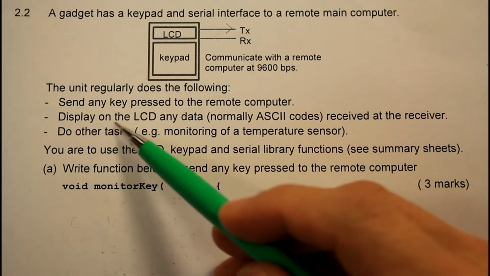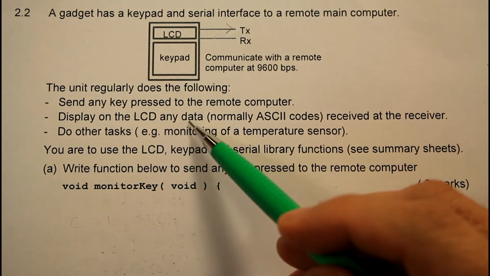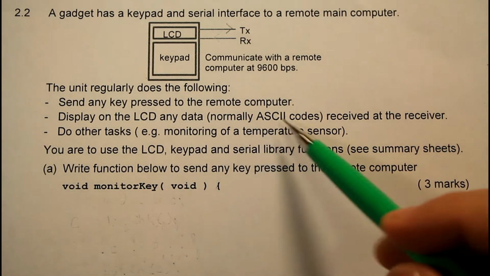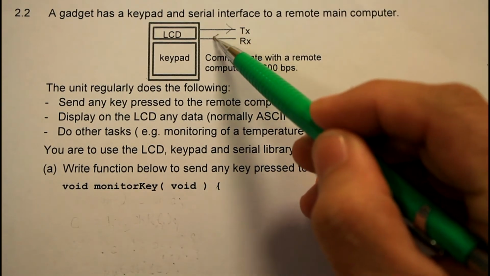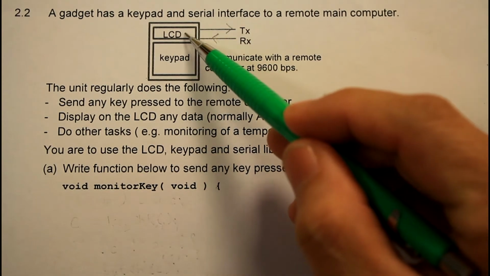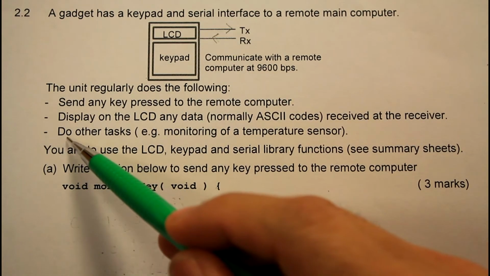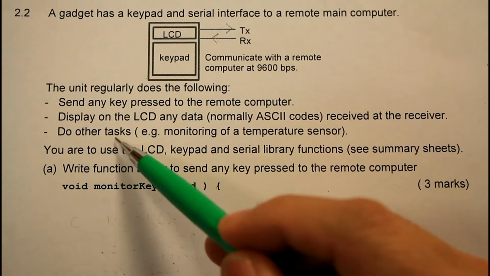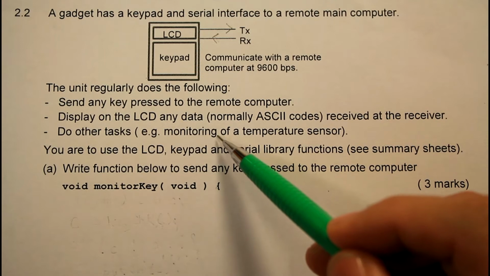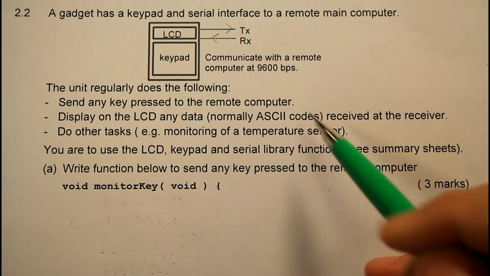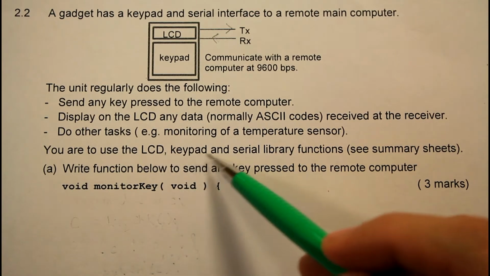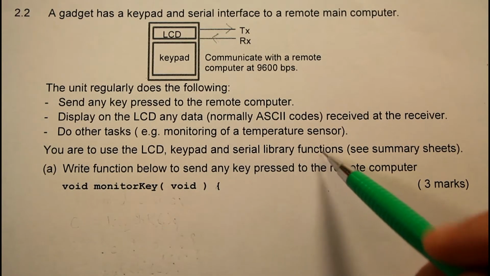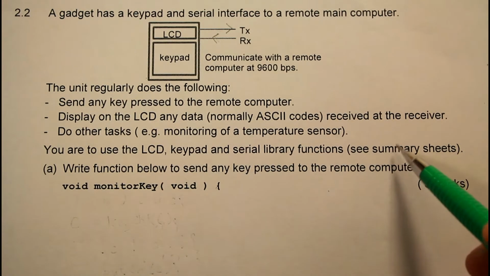You will display on the LCD any data in ASCII code received at the receiver. That means if there's any character received from the receiver, it will be reflected on the LCD. And lastly, you will do other tasks, for example, monitoring of a temperature sensor. You are to use the LCD, keypad, and serial library function given in the summary sheet to write the following